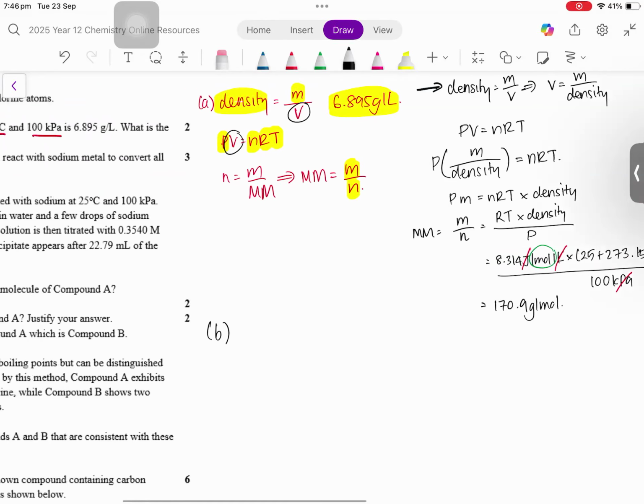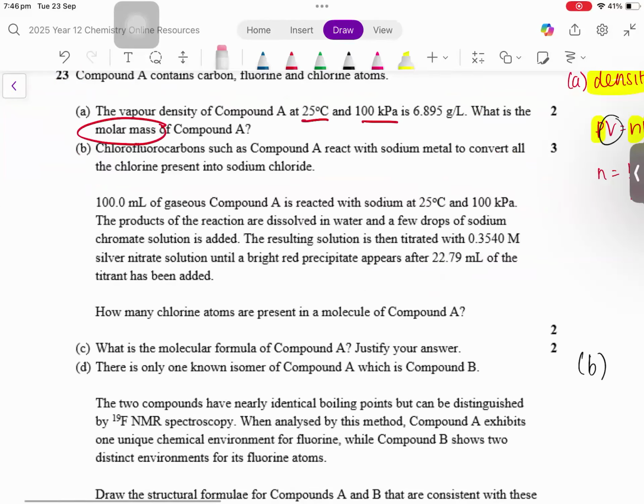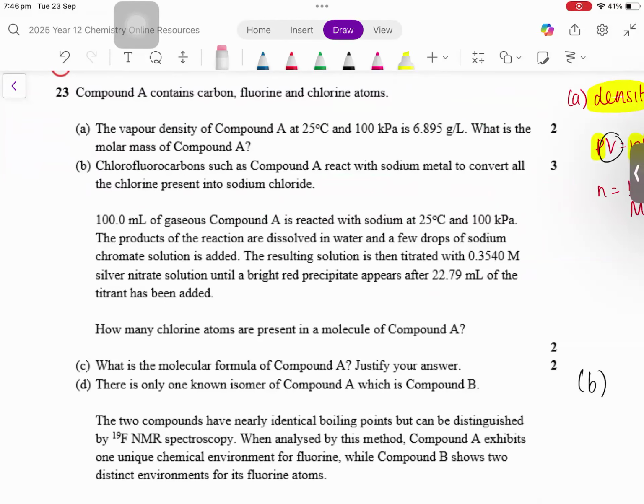Part B, chlorofluorocarbons, such as compound A. Compound A is what this question's about, yeah? So the very first sentence before part A said that compound A contains carbon, fluorine, and chlorine. So part B, chlorofluorocarbons, such as that compound A, can react with sodium metal to convert all of the chlorine